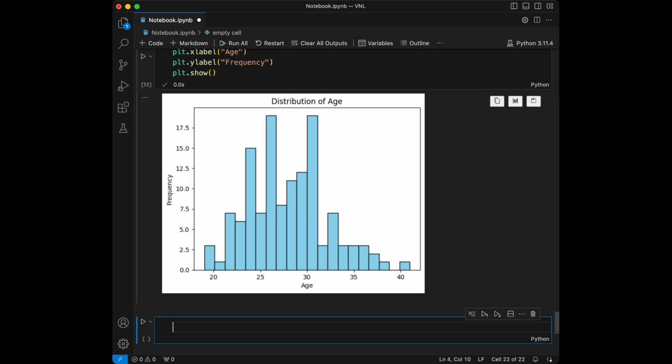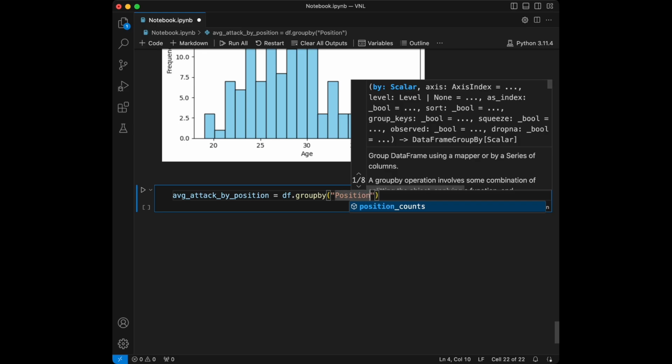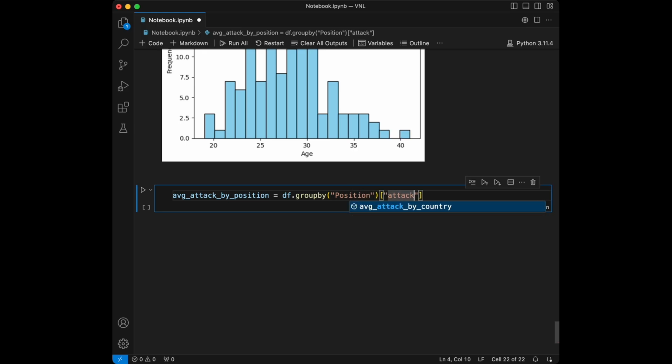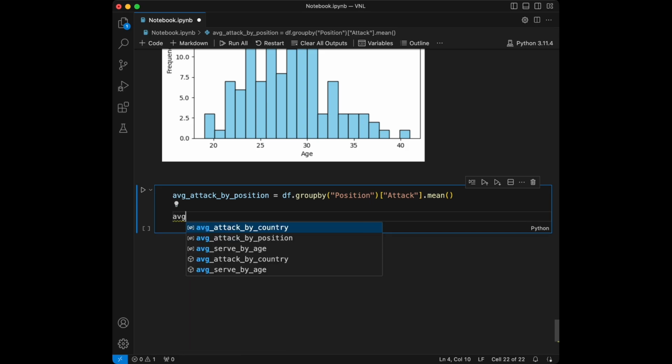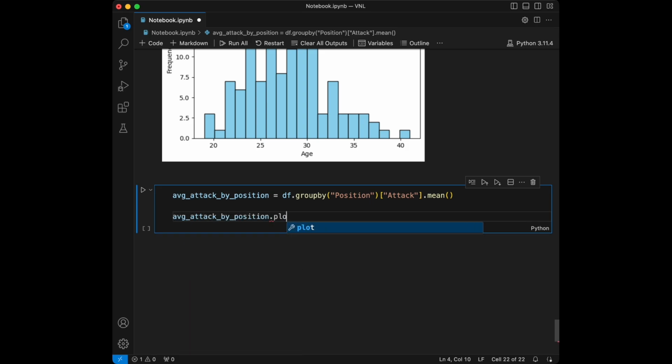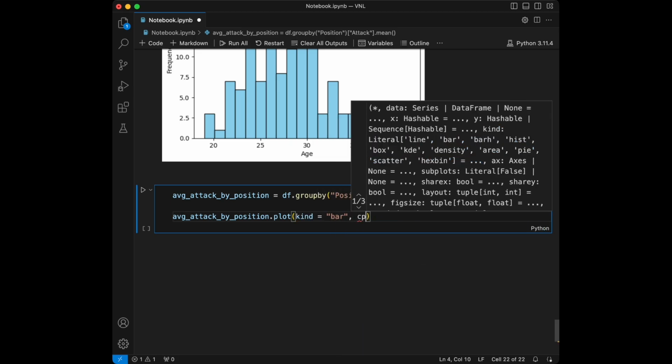Okay, let's create the bar chart for the average attack by position. So I will say average attack by position, and I'm going to say data frame group by position, and I'm going to take the values of attack, and I will use .mean after that, like this, and I'm going to say average attack by position .plot, and I'm going to set the kind as bar and color as green,